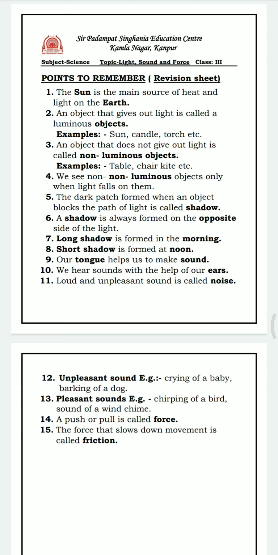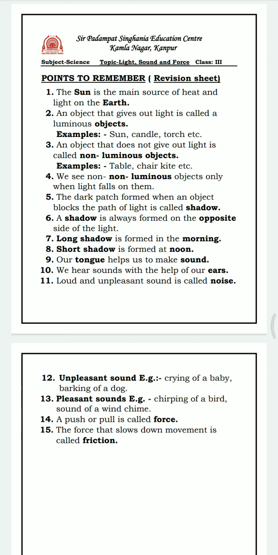A shadow will be long in the morning and evening, okay. Why are the shadows formed long in morning and evening? Because at that time the rays of the sun are slanting, okay. That's why the shadow which will be formed in the morning and evening will be long, okay. And the short shadow will be formed at noon time, okay. Why? Because at that time children, the sun shines overhead, okay. So that's why the shadow which will be formed at that time will be a short one, okay.